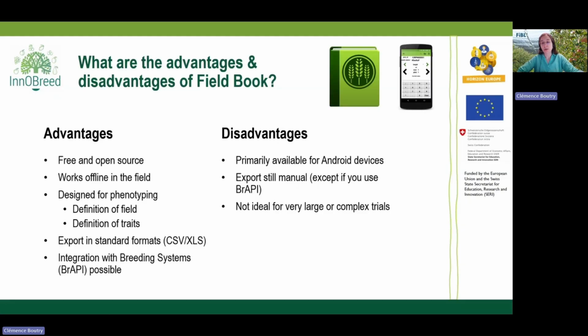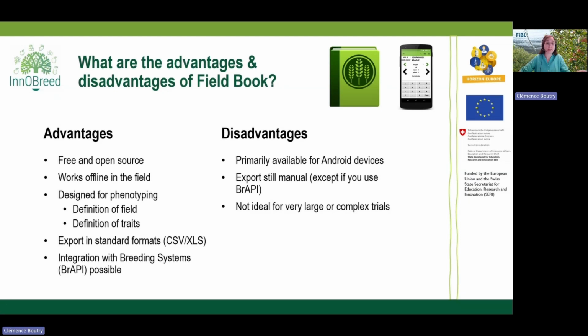Today, we will present you the Fieldbook app, which is a free and open source app. So that's for sure the main advantage. It works offline in the field, and it's specifically designed for phenotyping. So you have the possibility to set up your fields. A field contains all your metadata for your orchard, let's say the tree number, the variety name, the treatment, and your traits, for example,